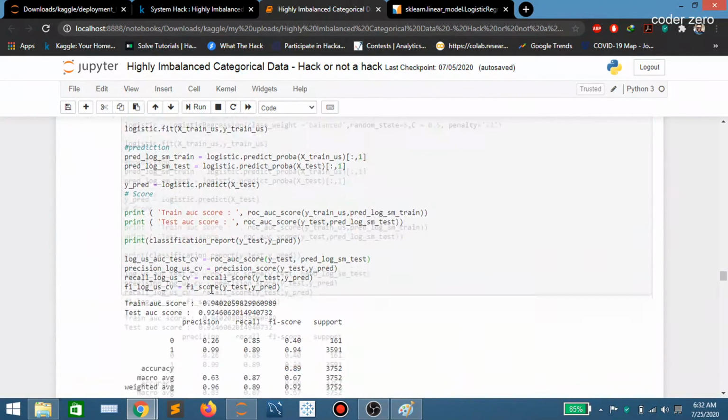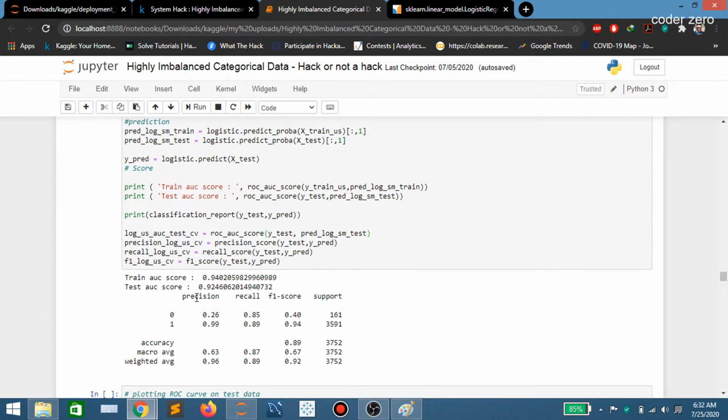So guys, you must be thinking why we are using AUC and why we don't have any accuracy score here. Why we are focusing on AUC and precision and recall. So guys, we have discussed in the video the problem with the imbalanced data. In imbalanced data, if we are using accuracy, we will be getting a wrong model.